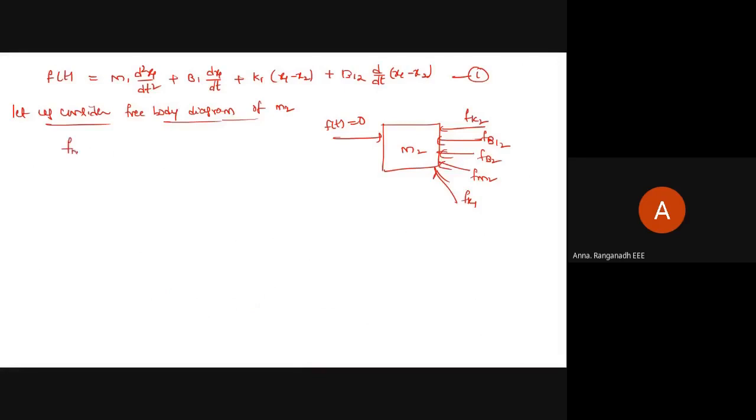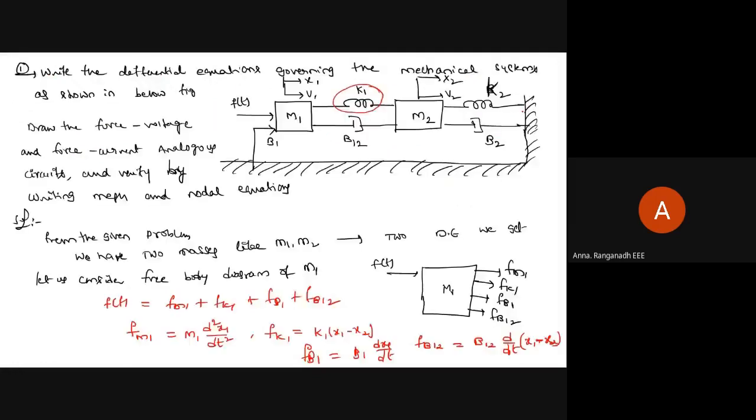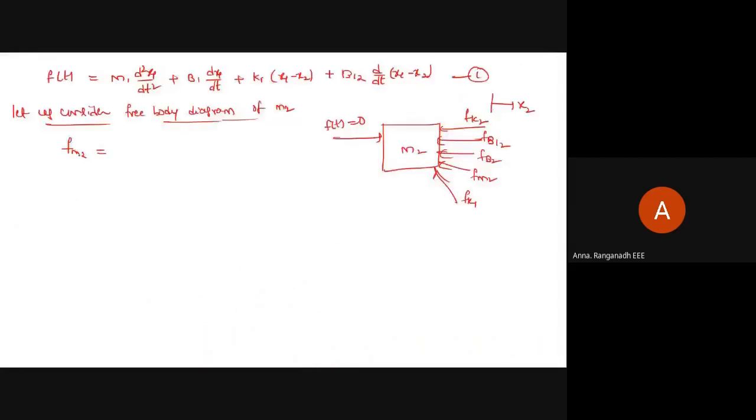First, Fm2. What is the equation for Fm2? Here the displacement is x2. You can take it because in the problem itself they have given x2 and v2. x2 is the displacement and v2 is the velocity. Anvita, what is the formula for Fm2? So M2 d square x2 by dt square. Then next, plus K2 x2. Fk2 equals K2 x2.